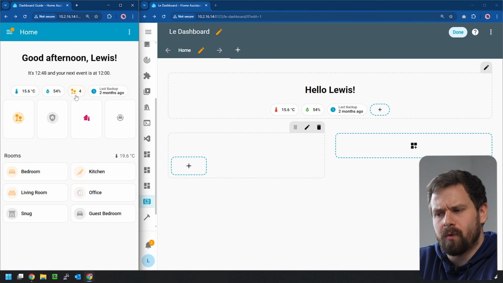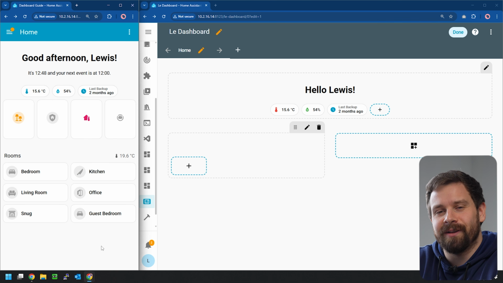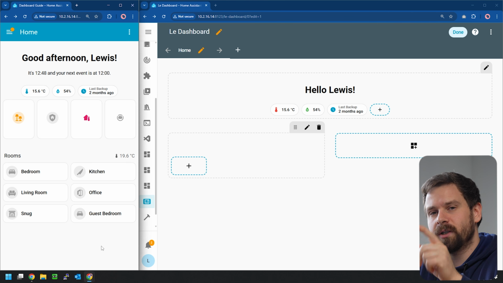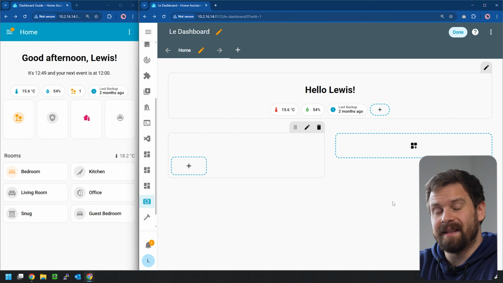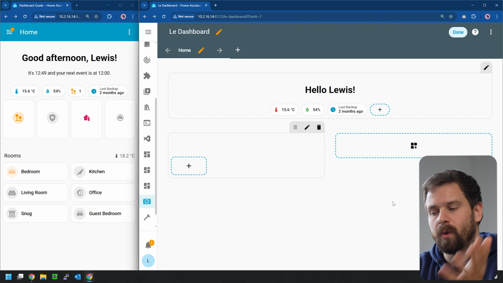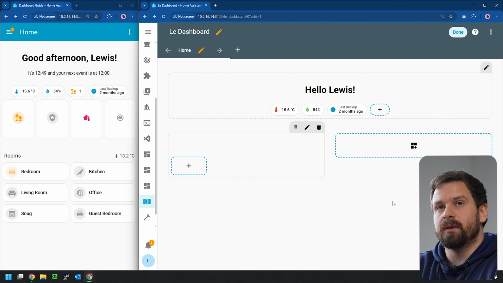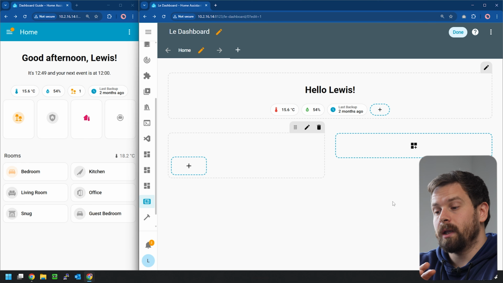Oh yeah, and if we toggle or click on the light count, it will actually turn all the lights off for us. A nice little toggle, if you're leaving the house or something, just quickly hit that and all the lights go off. So the way I do this is to have a sensor that is called all lights count, or count all lights, whatever you want. And basically this sensor just has the number of lights that are currently on